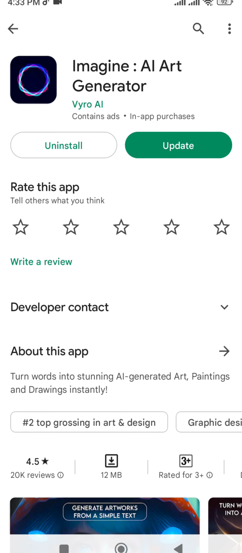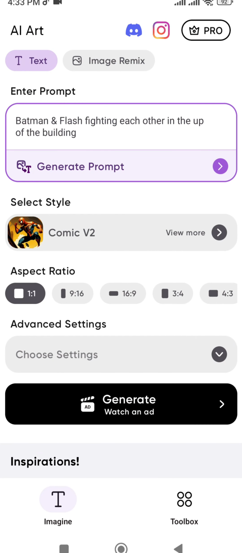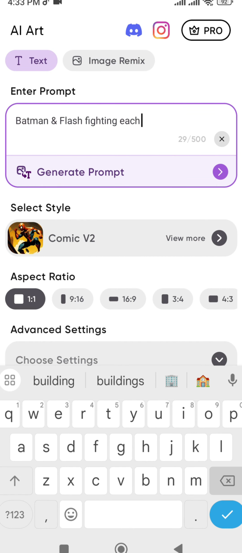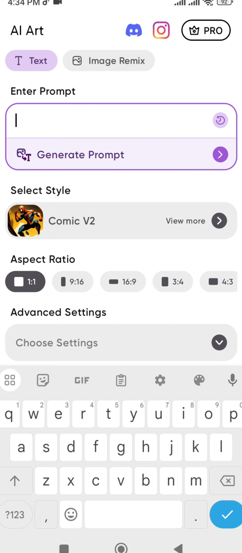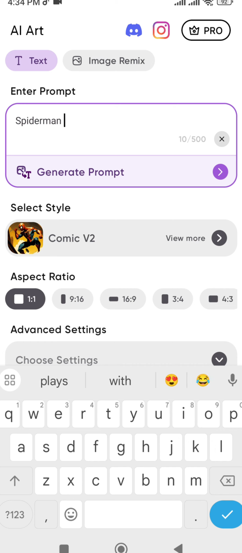So I have already installed this app, so it's asking for the update, so I'm gonna go back, and as you can see, here is the app. So I'm gonna go to my app, and as you can see, here is a place you can enter your prompt. So I'm gonna search for, suppose, Spider-Man with his girlfriend